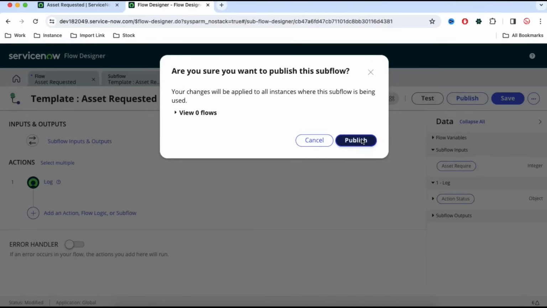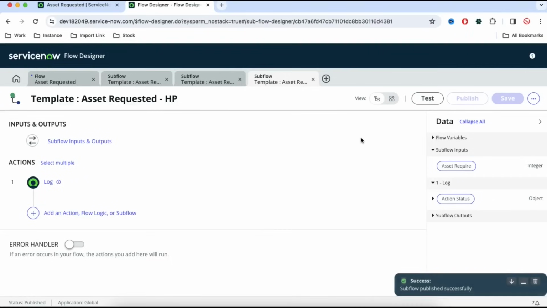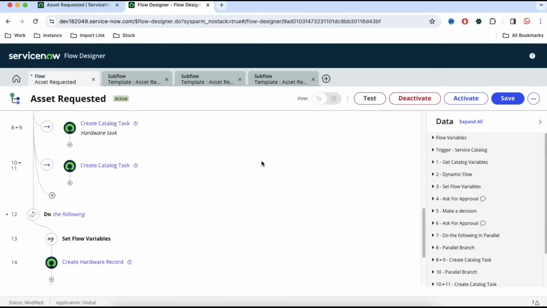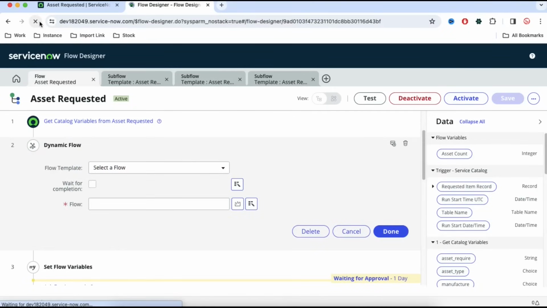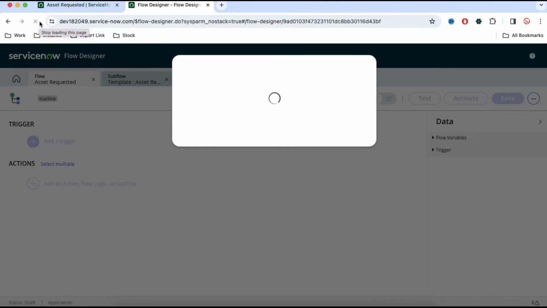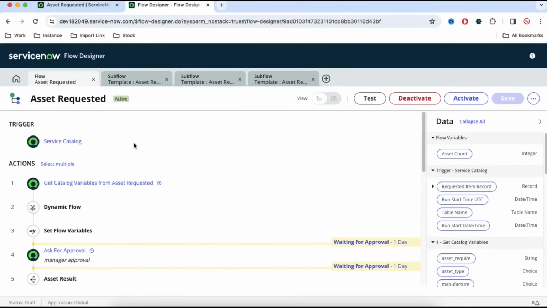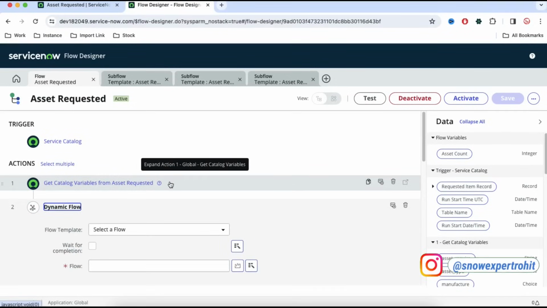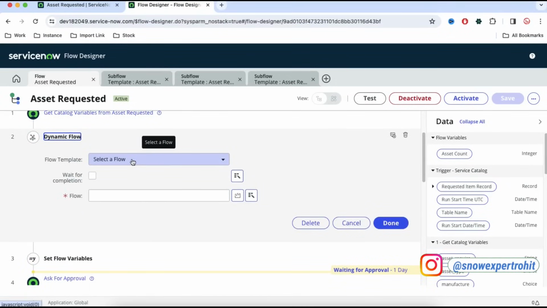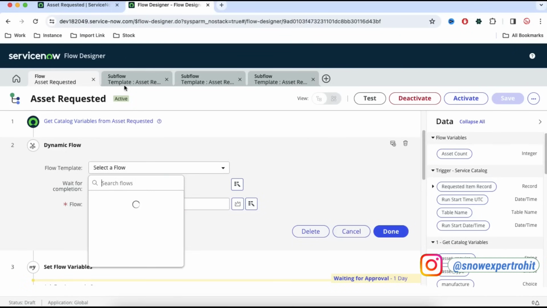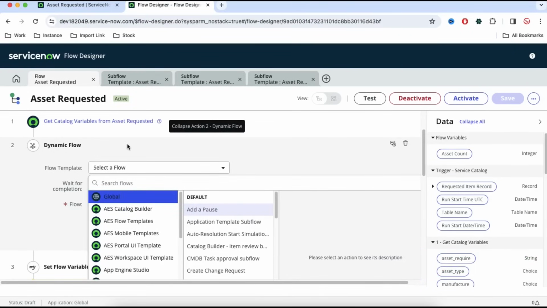So publish that. These three subflows are now published. Now if we go back to the main flow, let's refresh this tab one more time and go up here to the dynamic flow. First I'm going to select that template. What is the template? Our main template is called template